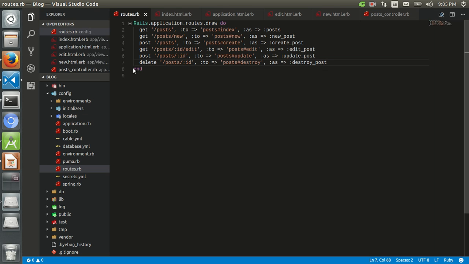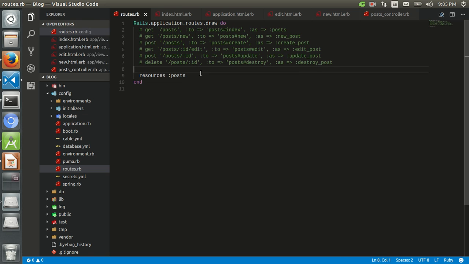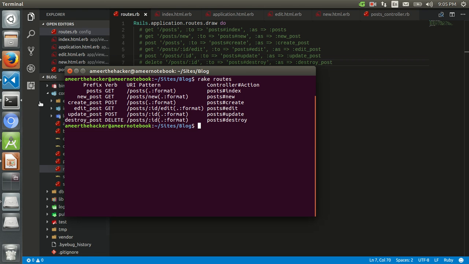So what we do, Rails provides us with one useful method in this routes file called resources. So you call the method resources in this routes file, and the first argument it takes is the name of the controller. So the name of the controller is post. So if I save it, and for the time being comment out all these post routes and just have this method called resources :post, save it, clear the terminal, and again run rake routes,